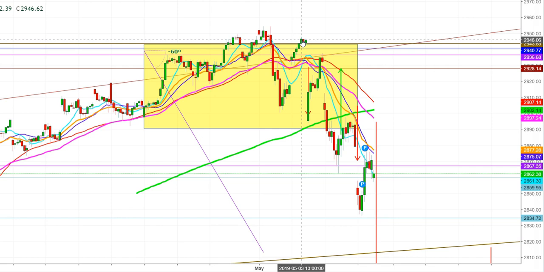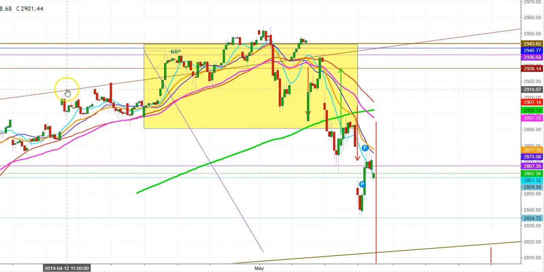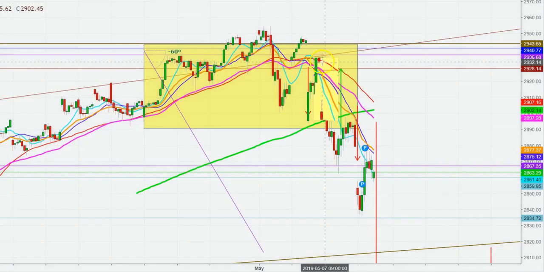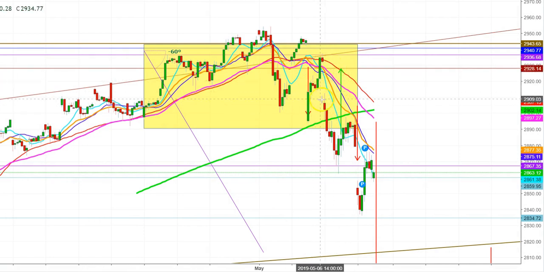Since then, we can see the S&P 500 is constantly facing sell-offs at every upward move, and here you can see that S&P 500 is constantly facing selling pressure above this uptrend line. Below this uptrend line, here you can see that the S&P 500 witnessed a gap down on May 7, 2019. No doubt that this gap down is evident enough in an hourly chart for continuation of a downward trend in S&P 500.